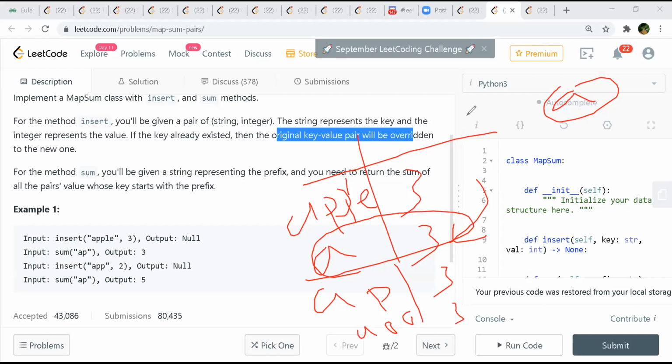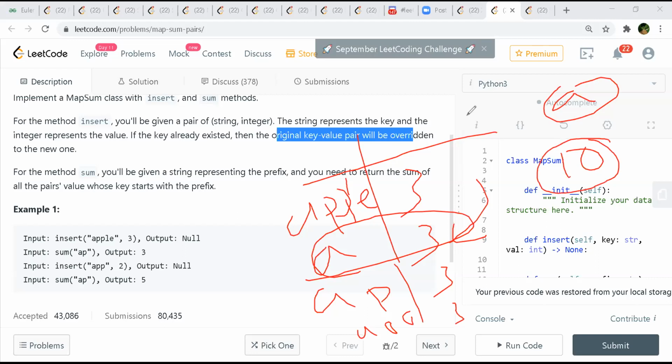Yeah. So now the problem is what will happen in this case if you change the value of Apple in future from 3 to something else like 10, right? So you will have to make that change. You'll have to go to each and every prefix and make that change.